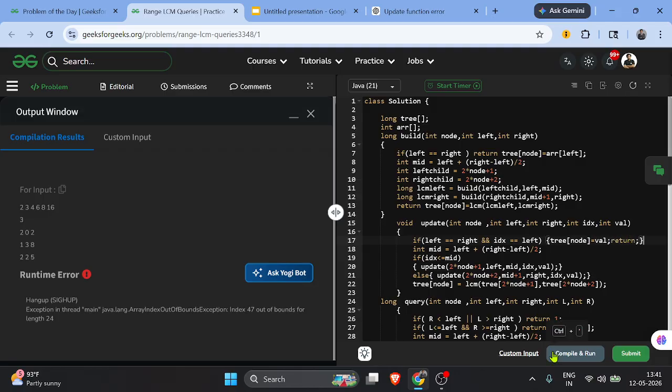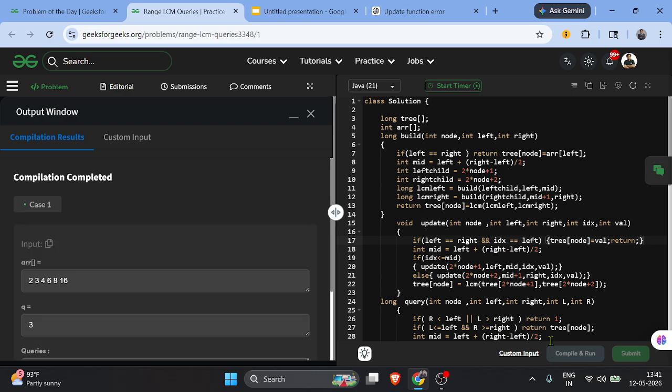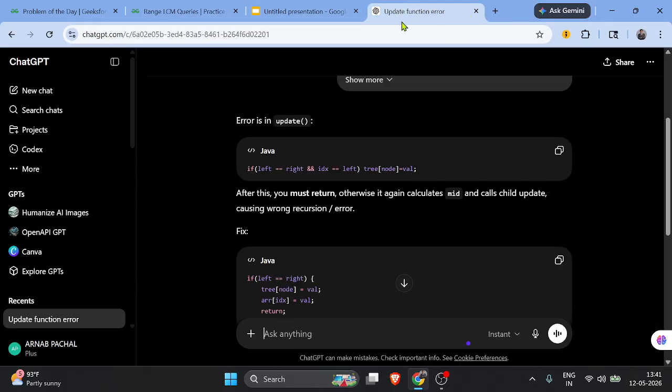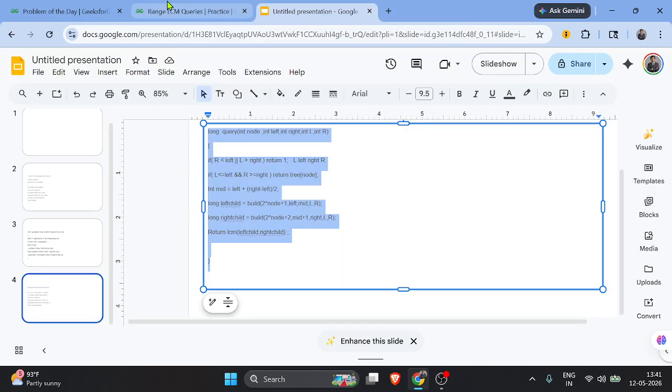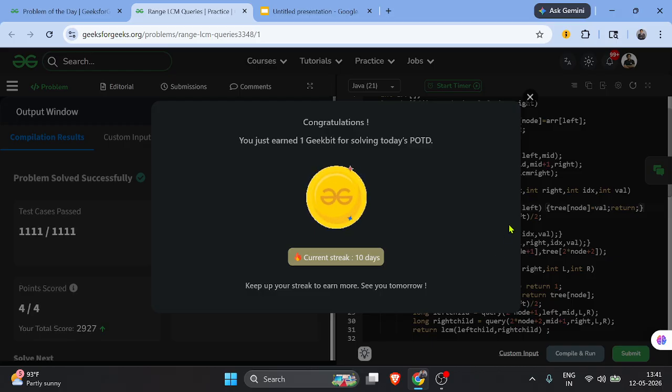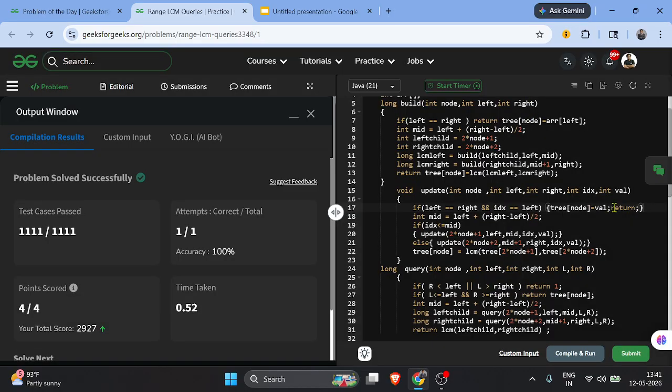I have to return it. Yeah, so some mistakes were there because I forgot to return it. So sorry for that. Let's submit it. Yeah, it's submitted successfully. So I had to use some AI because I forgot to